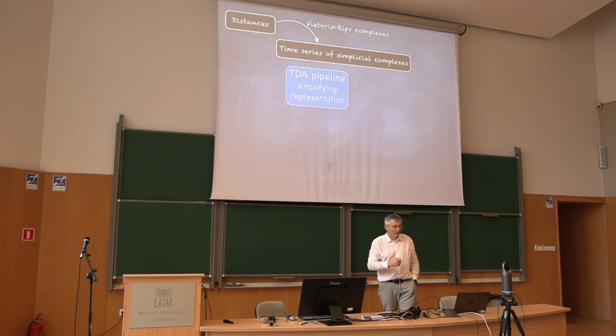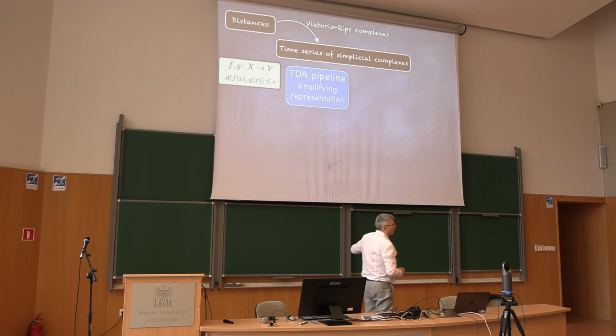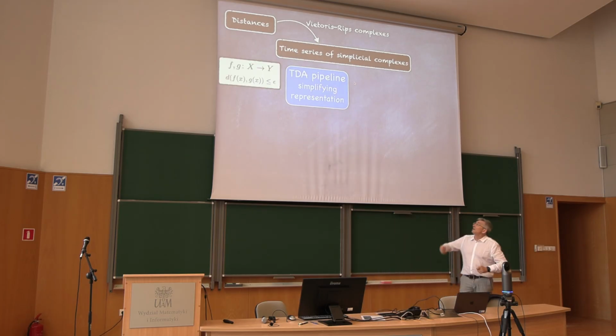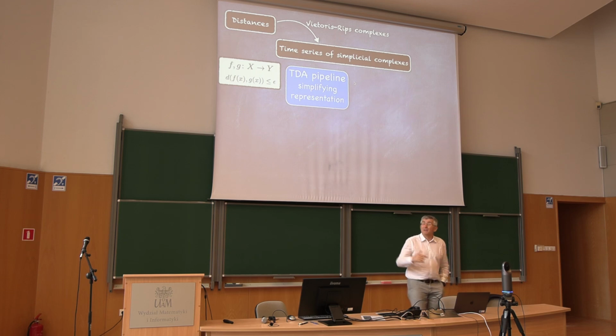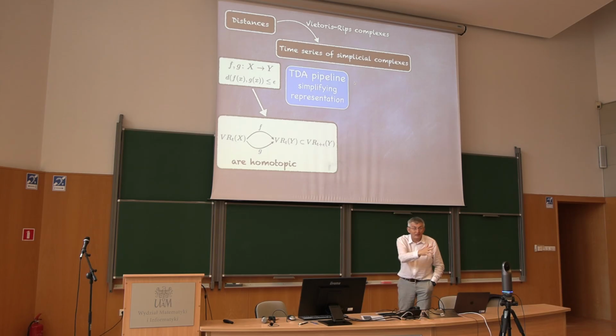So let's imagine that we have an experiment whose outcome, every time we perform the experiment, is a Lipschitz function between distance spaces. You perform that experiment twice. You don't expect to receive the same outcome, but you might wonder how different the outcomes of the same experiment are. So you might try to estimate how much they differ. Okay? So if you geometrize that information, you apply the Vietoris-Rips construction or any other construction that you want.